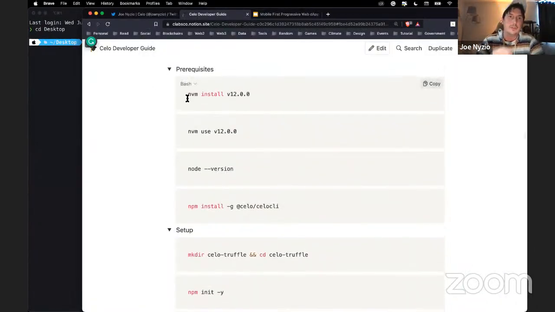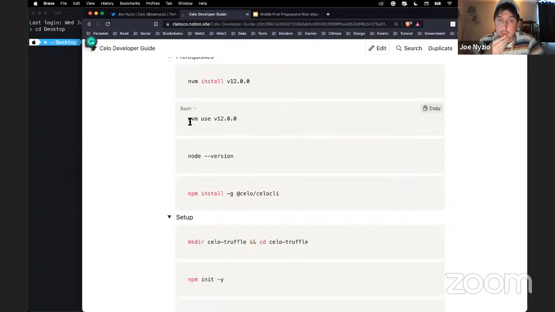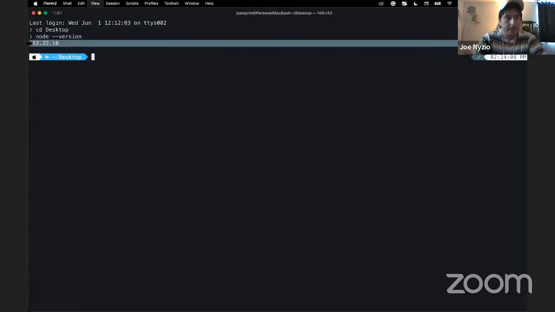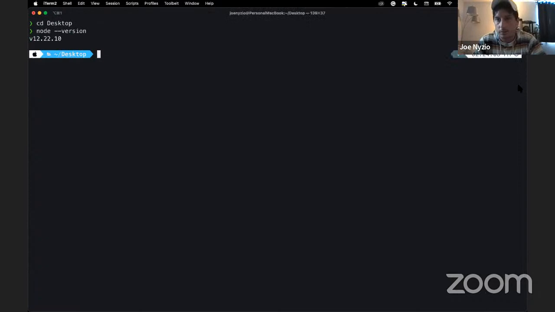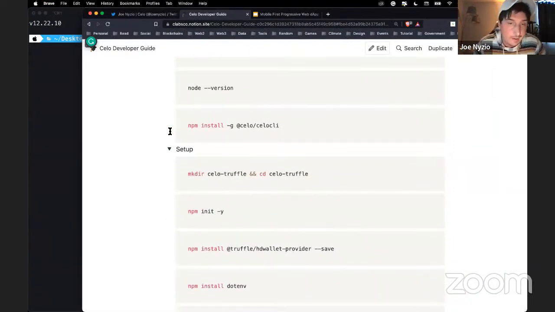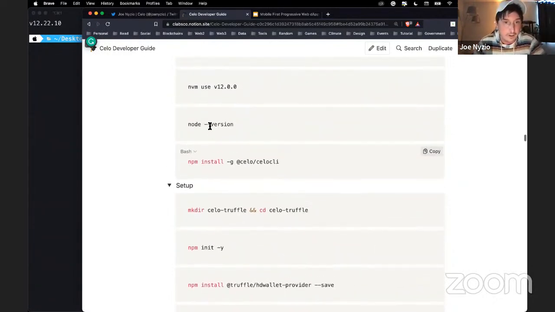In this case, I have some of the prerequisites already, but you'll need Node version 12 to work with Celo. And even if you have version 12, you're going to want to make sure that you're actually using it. You could be on a different installation version. A common bug that might come up is that even though you've installed the right version, you're not using it yet. So you can go ahead and check it like this, say version, and there's 12. That's how I know I'm good to go. Another thing you'll need is the Celo CLI, which is how you can interact with the blockchain directly from your terminal. So you can go ahead and install that. But again, I already have it.